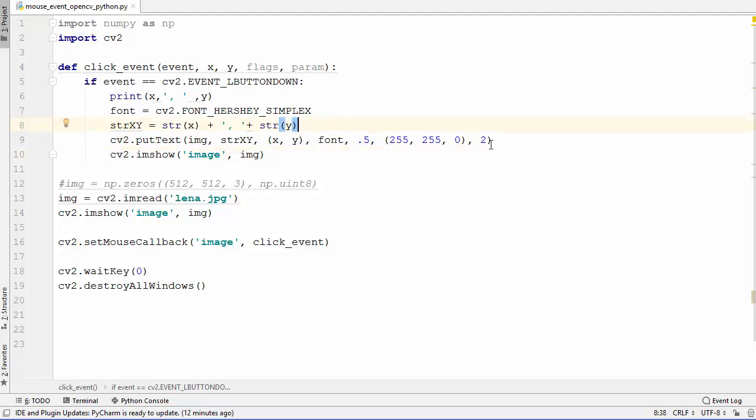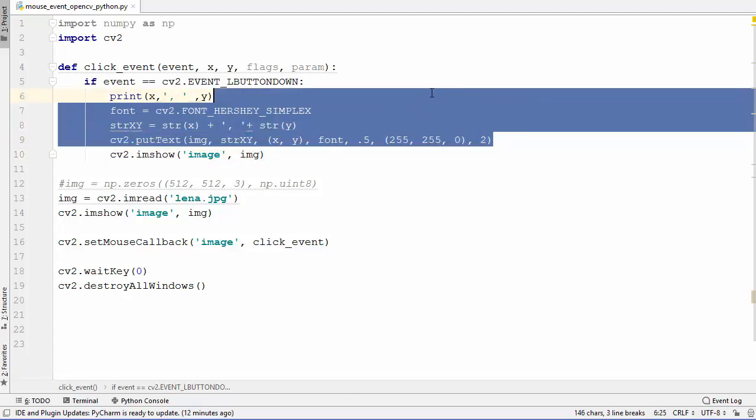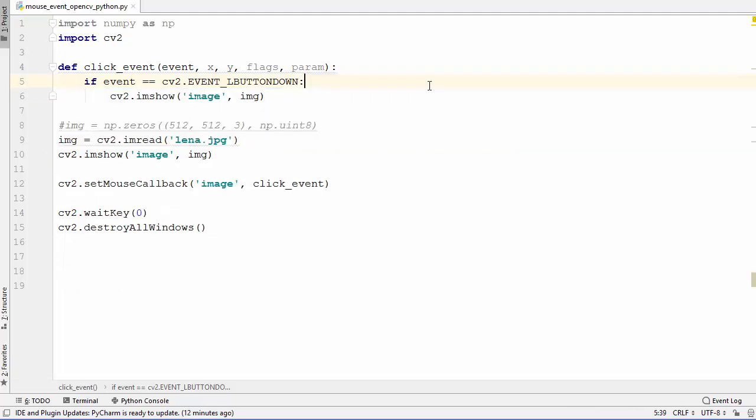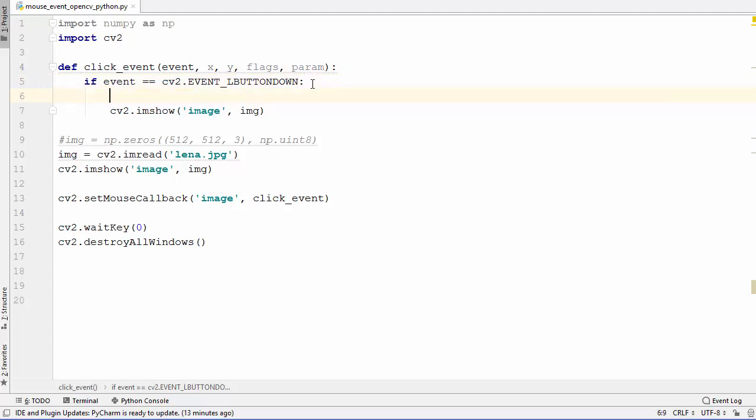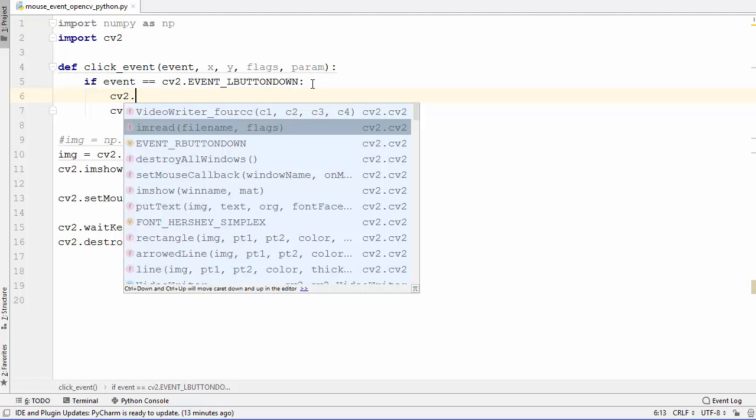So I'm going to remove this code which we don't need right now. We just need this condition which listens for the left button down click event of mouse, and then we will use cv2 to draw a circle.